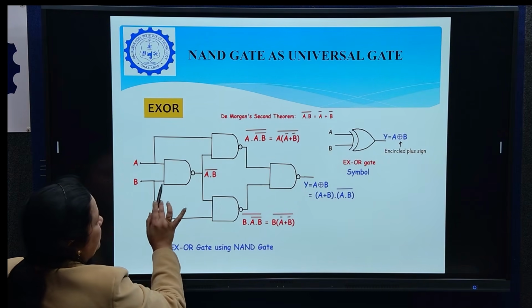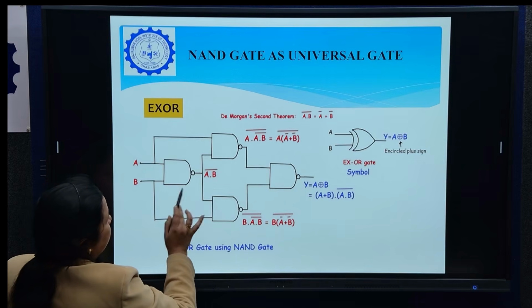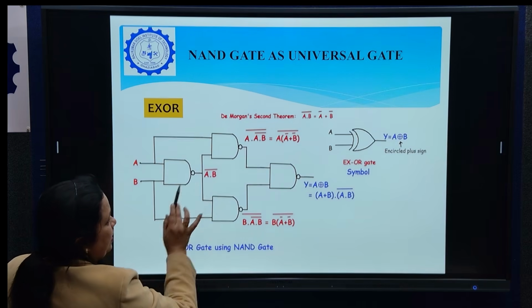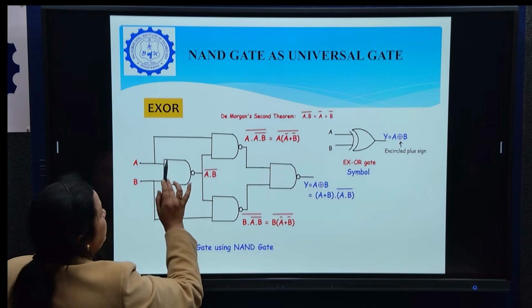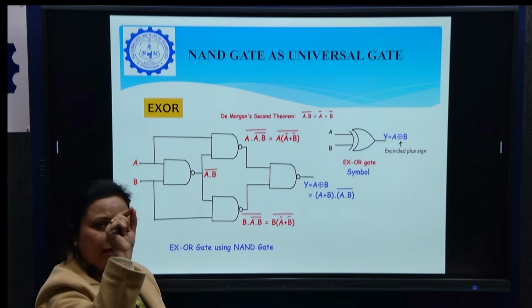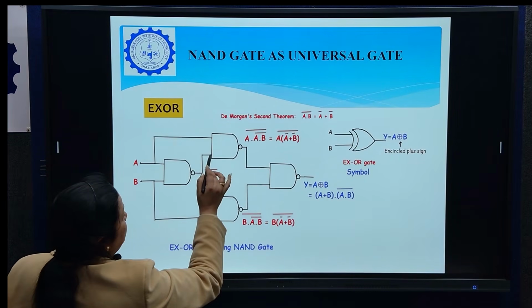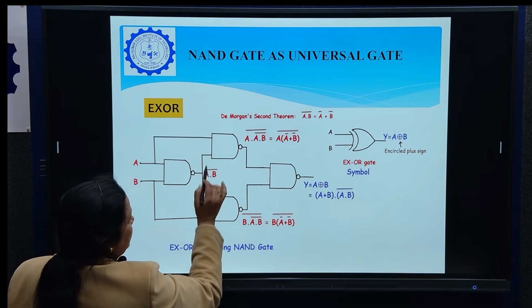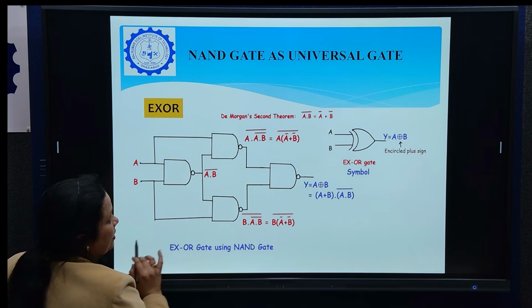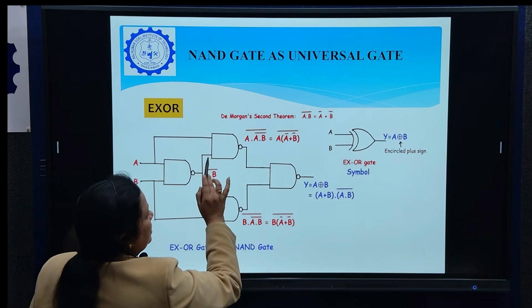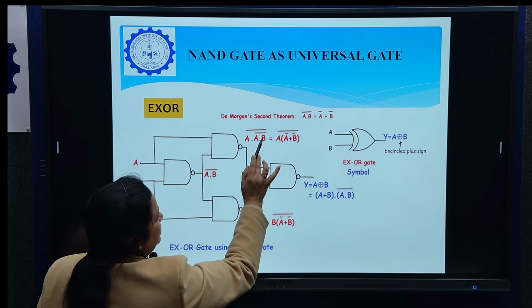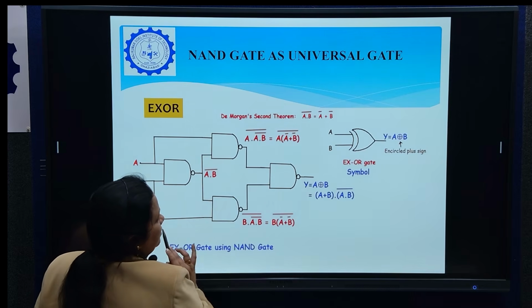तो देखो क्या करना है, यहाँ पे हमने गेट कम कर लिया, यहाँ से आ गया A, यहाँ से आ गया B, राइट। अब इस गेट ने इन दोनों को मल्टीप्लाई किया और कॉम्प्लीमेंट कर दिया। यहाँ से A आया, यू शुड नो द सिग्नल एट ईच एंड एवरी टर्मिनल, यहाँ पे आ गया A.B बार, करेक्ट, यहाँ पर भी A.B बार आ गया, और यहाँ पे आ गया आपका B, राइट। अब ये गेट दोनों इनपुट्स को मल्टीप्लाई करेगा और फिर इन्वर्ट कर देगा, मतलब A को मल्टीप्लाई करेगा A.B के बार के साथ और फिर उसको इन्वर्ट कर देगा, राइट।